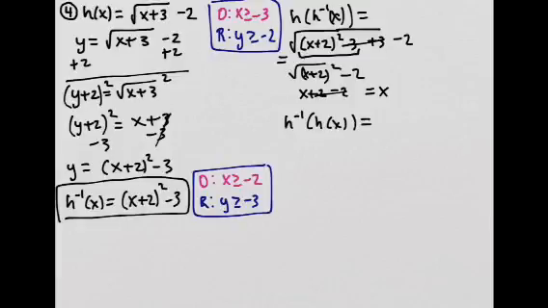Okay, so we start off with the inverse. I'm going to put a bracket. So instead of x, I'm going to put in radical x plus 3 minus 2. So there's my x. Plus 2 squared minus 3. Okay, so notice again,